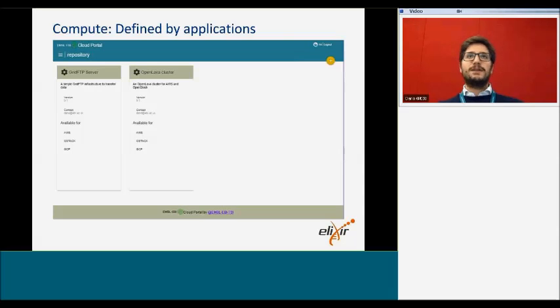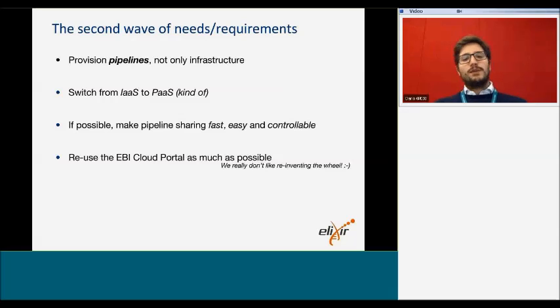Next slide, thank you. And it was actually not provisioning all the infrastructure, but provisioning entire pipelines. So this is kind of switching from infrastructure as a service to platform as a service. And of course, it would be very, very cool if pipeline sharing was fast, easy, and controllable. And to do that, we said, okay, let's reuse what we built within the EBI Cloud Portal as much as possible, because of course we don't like to reinvent the wheel too many times. And the idea we had, next,